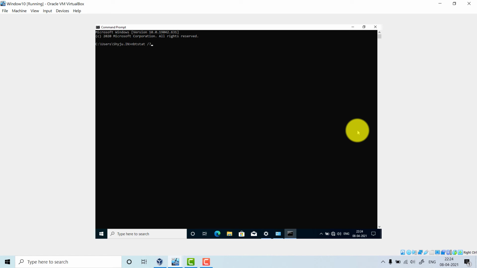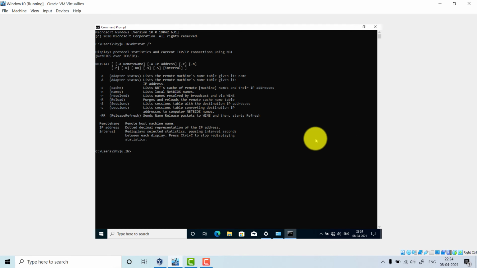So I just check what parameters you can give. The parameter that is important for us right now is -RR. It is written here that it will send the name release packet to the WINS server and then restart and refresh. So I just give -RR.